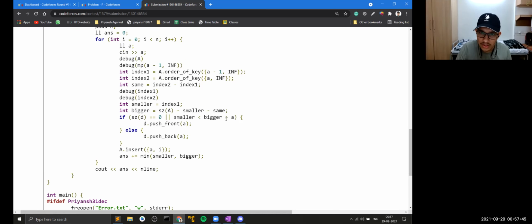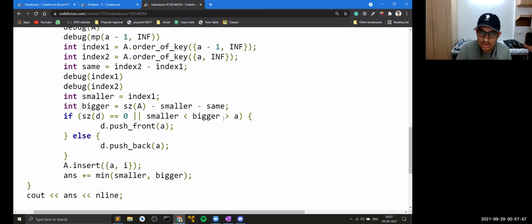Okay, what did I do here? What is this? Double comparisons are not supported in C++. I don't know, this is like a typo here, and I'm not sure how this is working. Maybe what it is doing is just comparing this part.